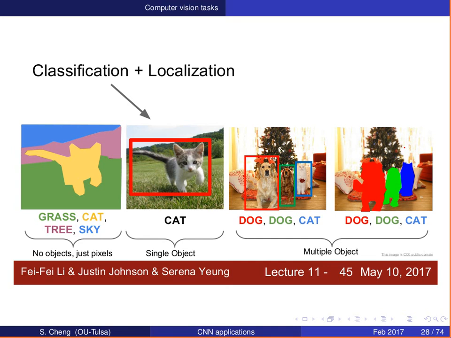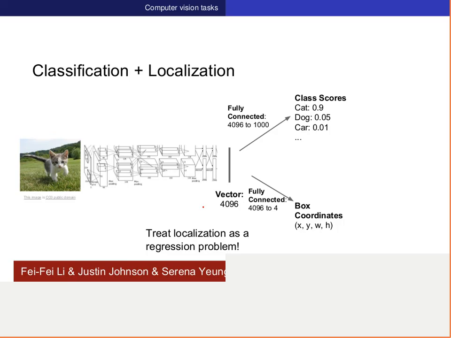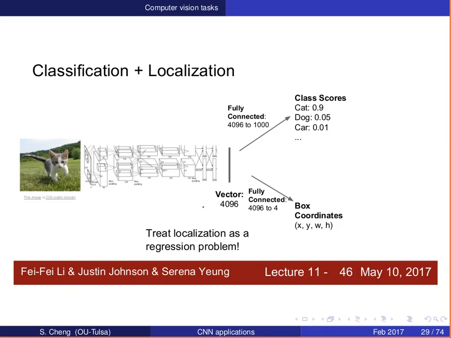So the next problem is to look into classification and then localization. Here, again, it's simpler than this one. We just assume there's one single object there and we're trying to recognize that one single object. So one way we can do this is to pre-train some neural network using classification, right? So we pre-train, for example, AlexNet here. And in the last layer, let's say we have a fully connected layer,